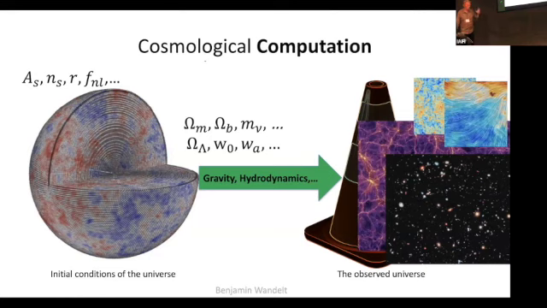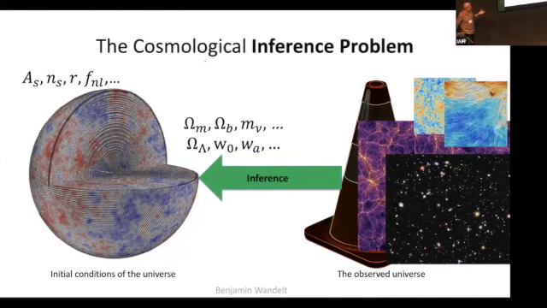So that's the forward problem, and cosmological inference is just turning that arrow around. So we want to go from all of these quite complicated data objects on the right. Galaxies are pretty complicated, but everything that we can observe about the universe, and go back to these initial conditions and those parameters. So that's the big problem, and it's a fascinating problem, because a lot of different physics at different scales interact, if you want to do this in the way that I sketched here.